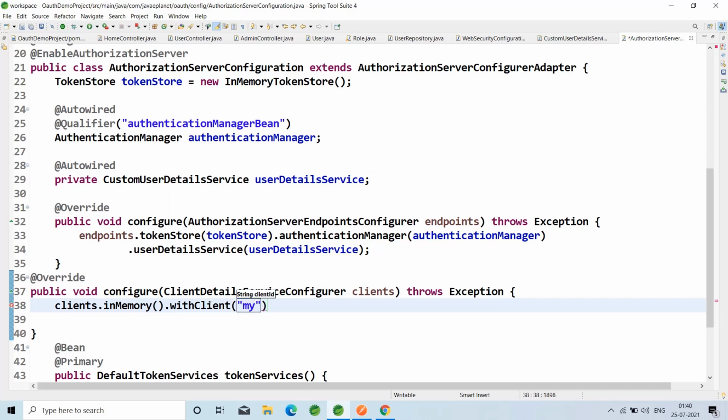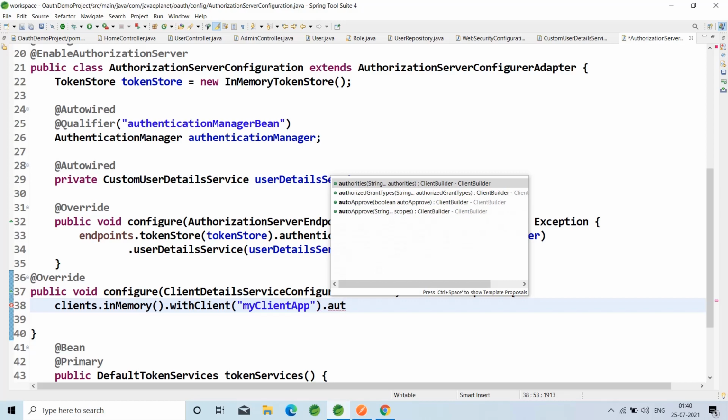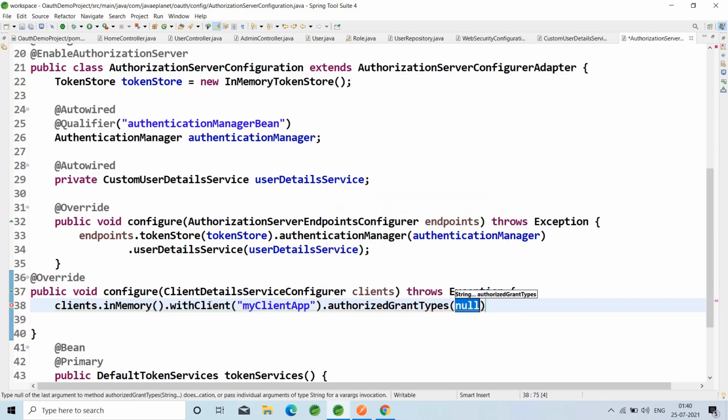I'm taking this as my client app. Then authorizedGrantTypes, take this as password, comma, refresh_token, so that it will refresh whenever we want. The token will be refreshed by using this refresh-token.